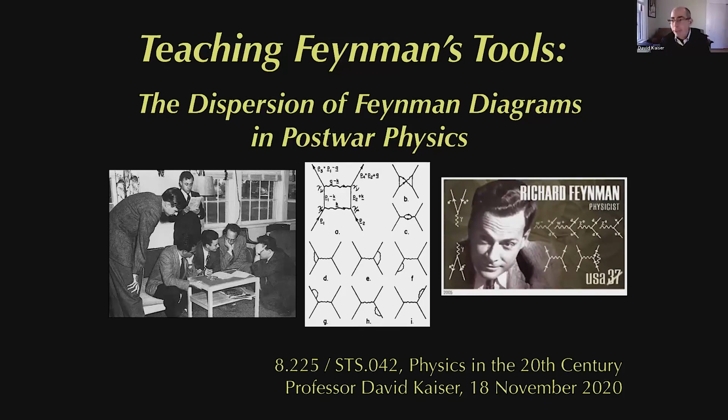And it was only very soon after the end of the Second World War that a newer generation of physicists came back to those older questions, but now with some new skills, sometimes literally new instruments and new ideas about how to organize their calculations. So near the end of last class, we looked at some of Julian Schwinger's efforts in that. And today we'll look at some efforts by his contemporary, Richard Feynman, and Feynman's circle.